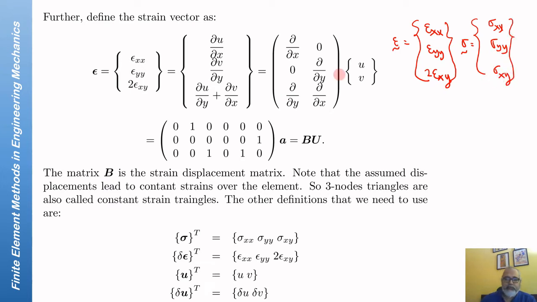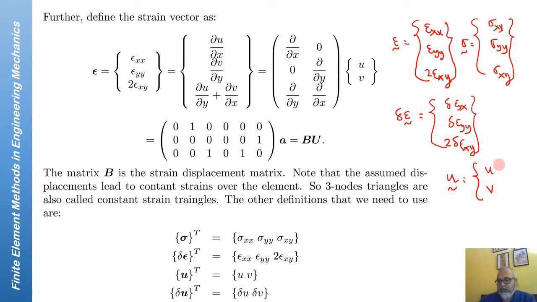Remember, no 2 here, 2 only in the strains, shear strains. And then if you want delta epsilon, then you will take delta of these. Similarly U is UV, so that delta U